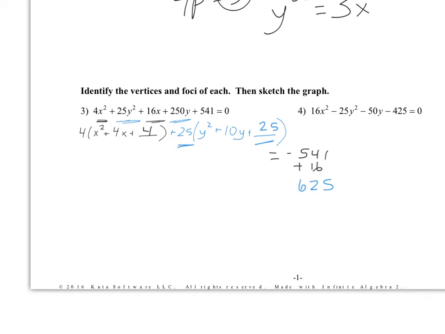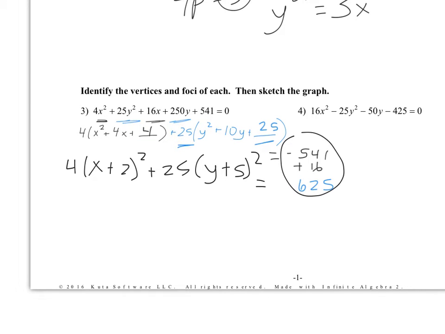So the expression becomes 4, and then x squared plus 4x plus 4 is (x plus 2) squared, plus 25, and then that's (y plus 5) squared, and then if you add all of these up, you get 100, and then if you divide everything by 100 because you want to make it equal 1,